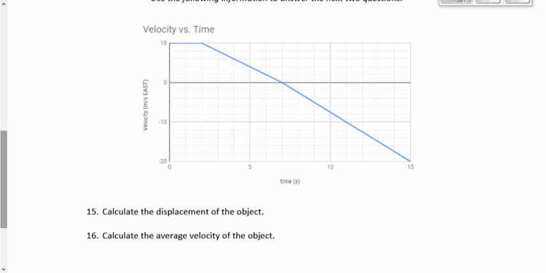A number of people stopped me and asked me about this, and I stopped at a number of other people's desks and pointed out something as they were making the mistakes on this too. So this is a very, very common mistake, especially at this point here. We want to find the displacement. Everybody knows that the displacement here is the area, right? Everybody got that. Okay? I don't think anybody made a mistake on that, but it's just how we find the